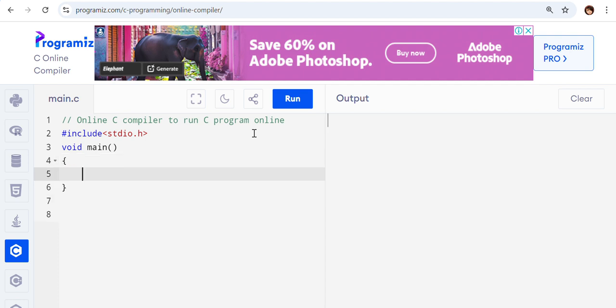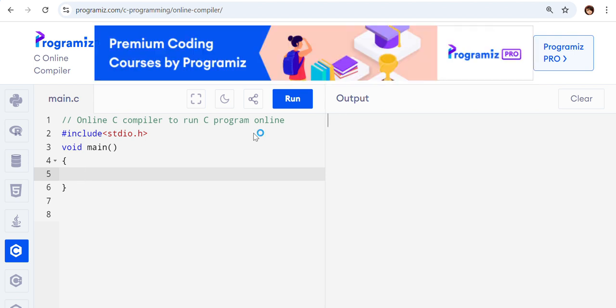So inside the main function, what is our objective? We are going to take two values from the user. To take the two values, we need some container to store those values, right? Here we are going to get integer values, so I'm declaring the variable as int. I need two variables to store two values, so I'll have num1 and a comma.